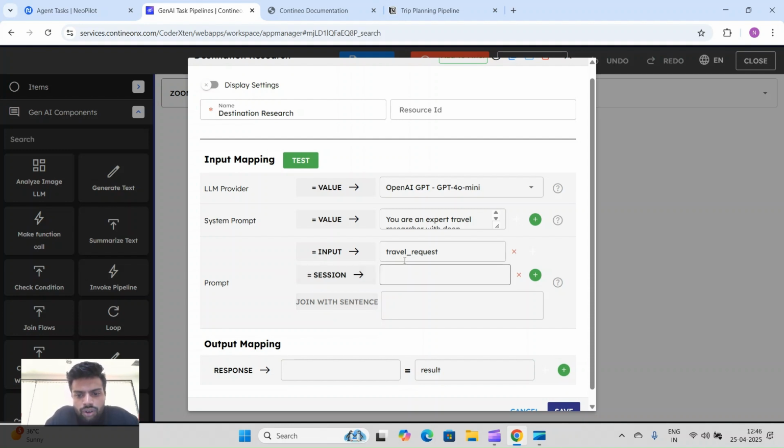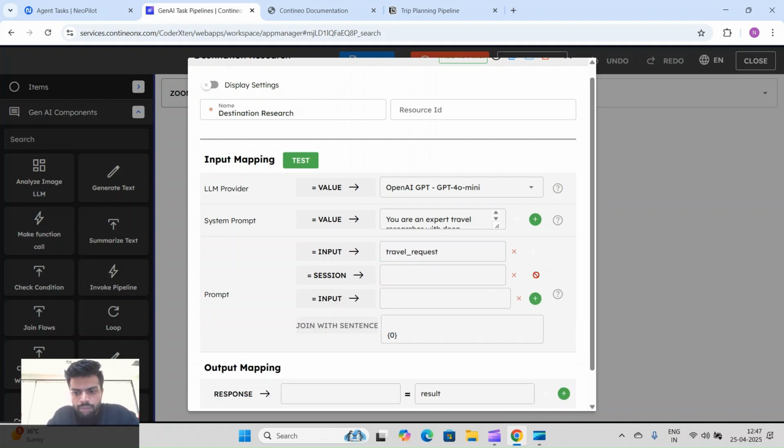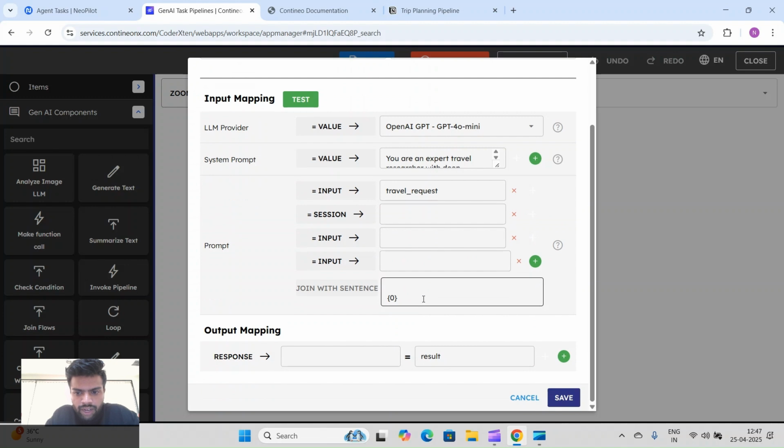This sentence means we can add placeholders in our prompt, if you know about prompt engineering. Even if you don't, in the sentence section we mention placeholders like this. Suppose I mention 0. So in this place, when the prompt goes to the LLM, that array will start from this place. Whatever input we get in this section will be automatically replaced here. This is how we can map multiple inputs and give them in this final prompt.